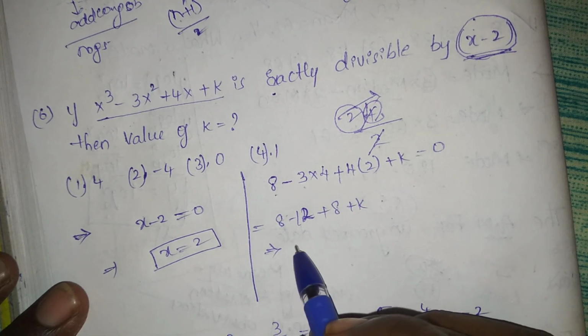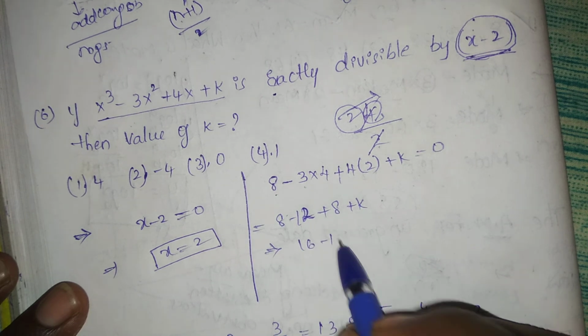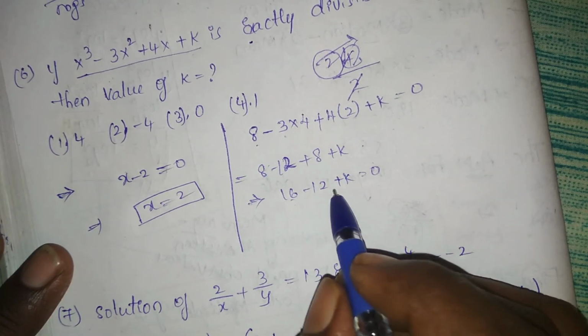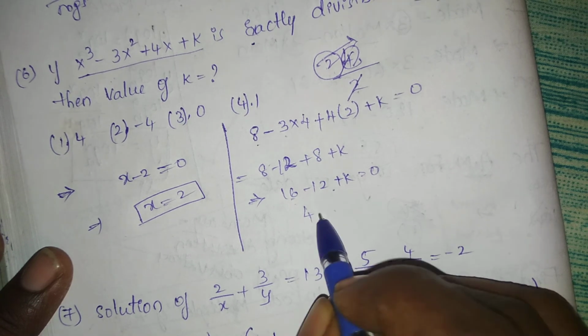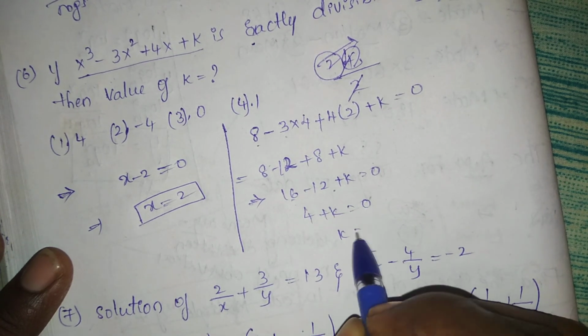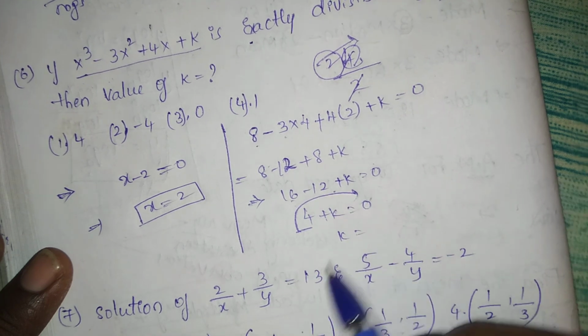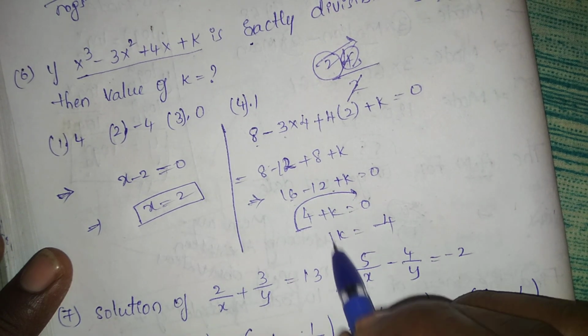That gives 8 plus 8 is 16, 16 minus 12 plus k is equal to 0. 16 minus 12 is 4, plus k is equal to 0. So k is equal to, when the plus sign goes across the equals sign, it becomes negative, and then